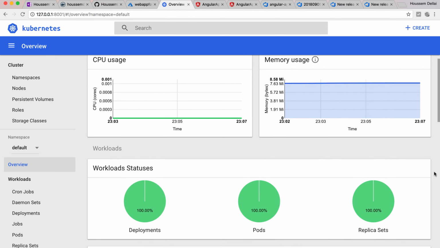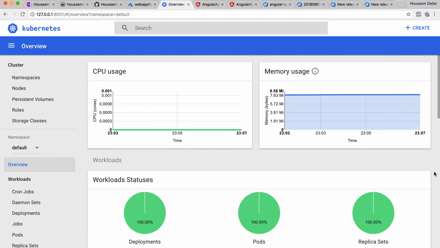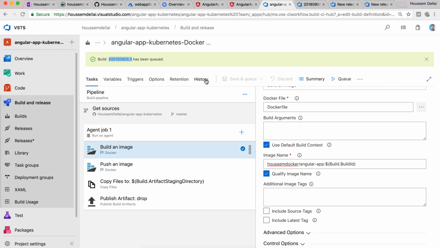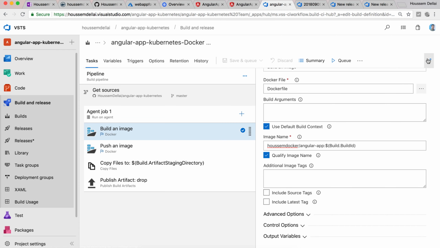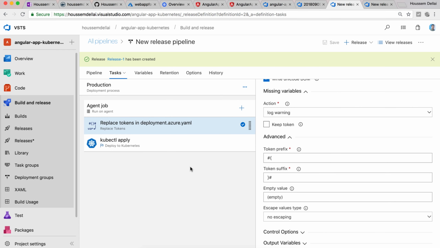I hope you liked this video where we have created the CI and CD pipelines to host a Docker image into Azure Kubernetes Service, where in the CI we have built and pushed the image into Docker Hub. Then from the CD pipeline we have used the task kubectl apply in order to use the YAML file that we have created in order to apply its